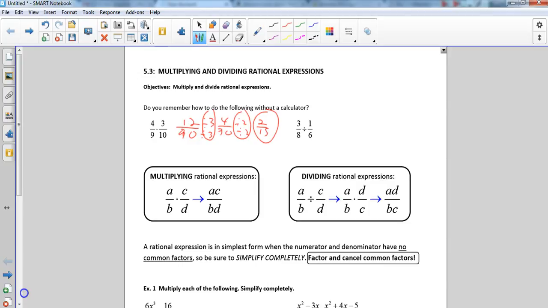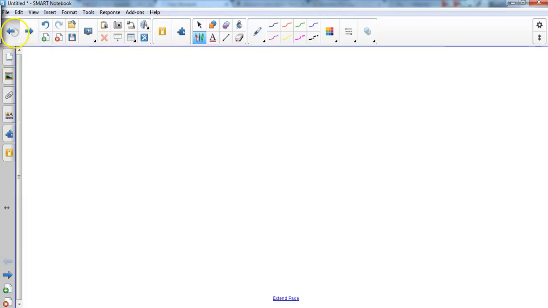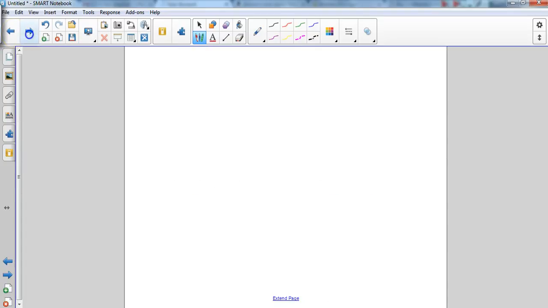when we multiply, 4 times 3 is 12, so is 3 times 4. 9 times 10 is 90, so is 10 times 9. So I'm going to go to another piece of paper real quickly. 4, 3, 9, 10. And just think about this. Since 4 times 3 is the same as 3 times 4, and 9 times 10 is the same as 10 times 9, I could rewrite this so. Now, you can't go around just changing fractions, but for the purpose of where we're going,